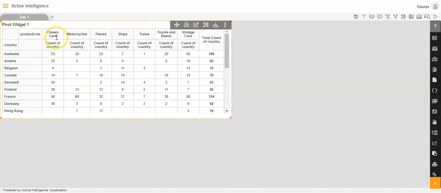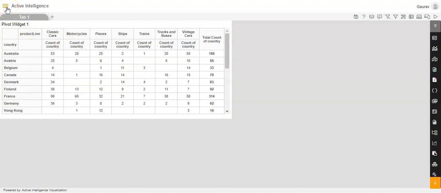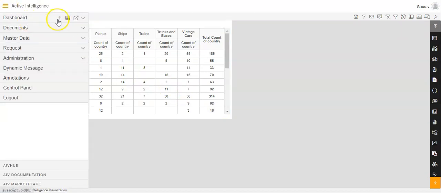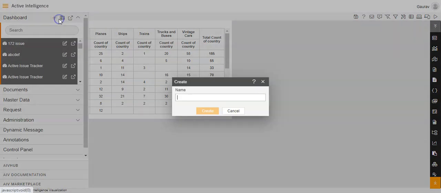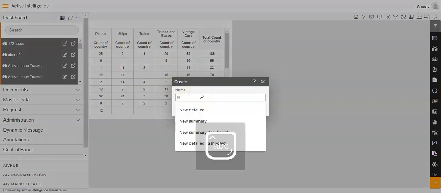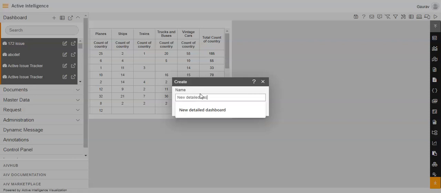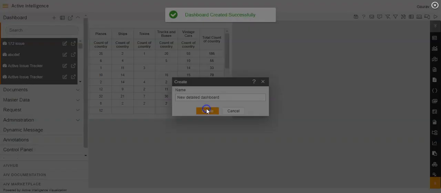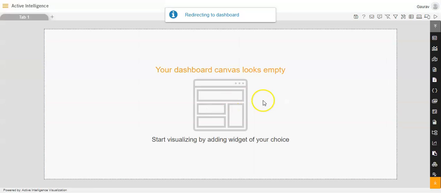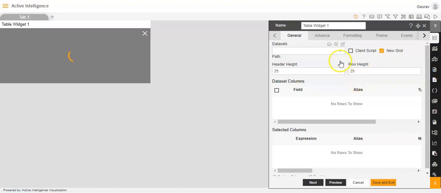Once I do this, I will go to the hamburger menu again, and I'll click on the plus icon again, and I will create a new dashboard with the name new detailed dashboard, and I'll click on create. Now once I create another dashboard, I will go to the table component in the widget panel.